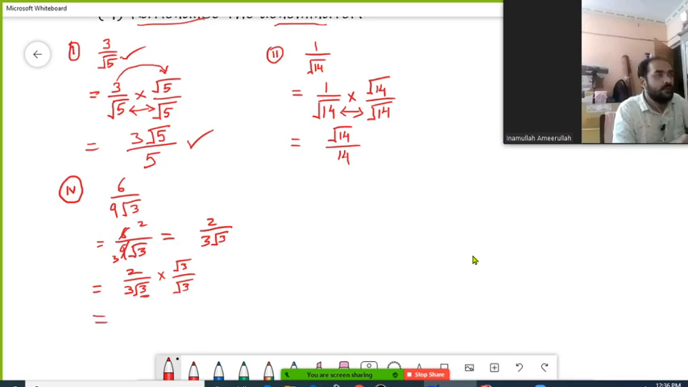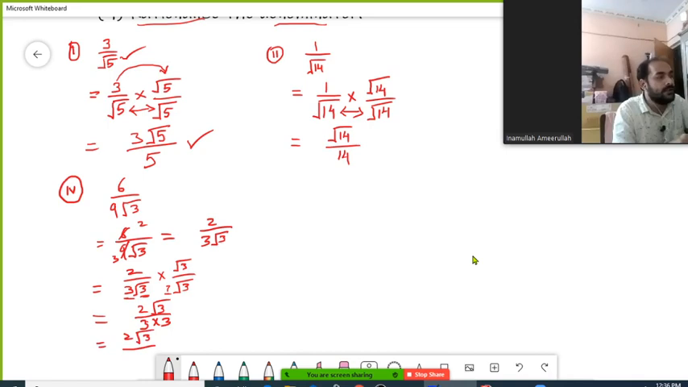Now 2 into root 3 will become 2 root 3. There is no number along with root 3, so we will consider 1. And here we have 3. So when you multiply this 3 with this 1, they will give you 3. And this root 3 will give you again 3. So this way your answer will become 2 root 3